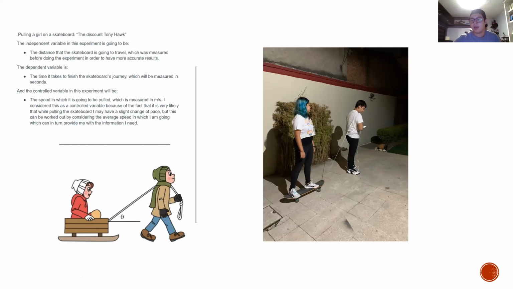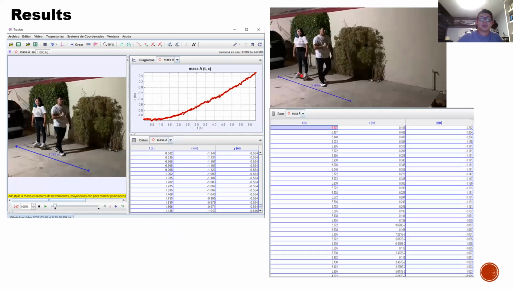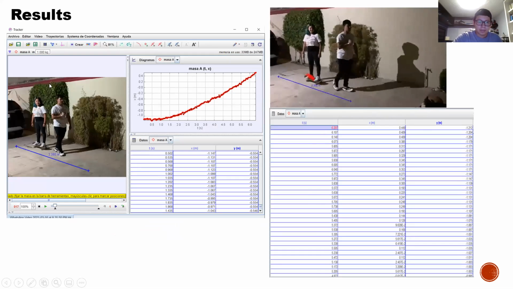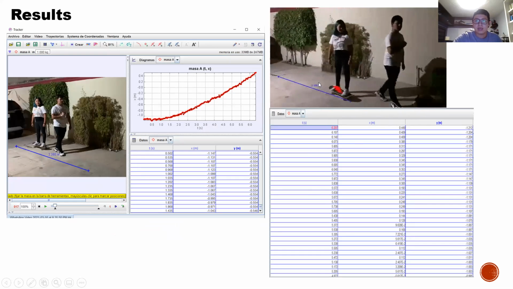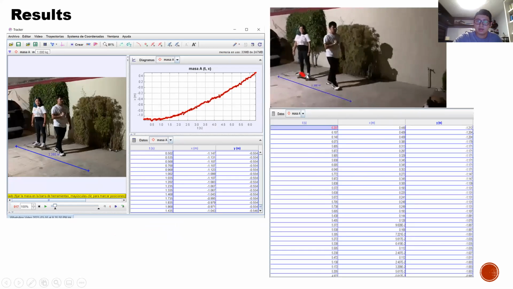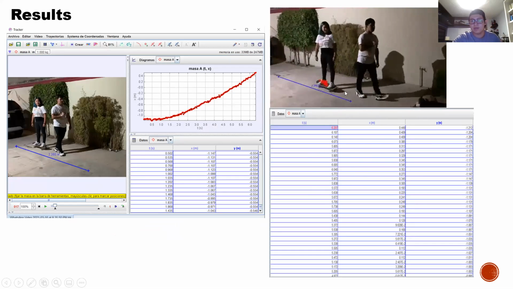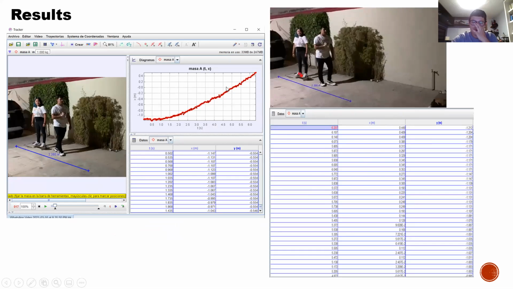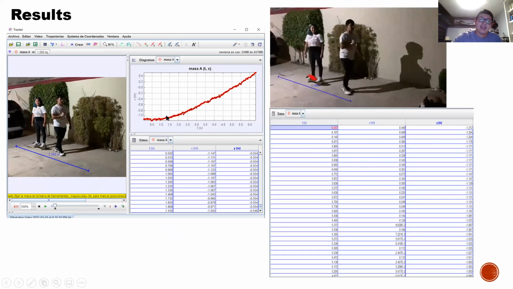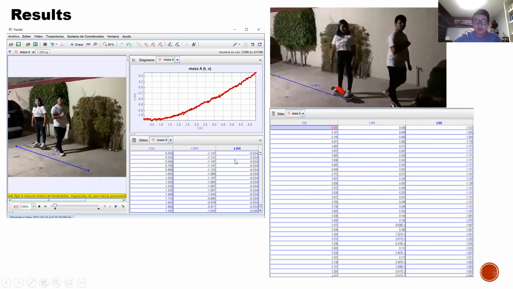Because I didn't have any kind of robot precision, of course there are some slight changes in the pace that I had, but by taking the average speed, I think that this can work, and I did that in this experiment. The result is this: I tracked the distance, and as we see, I tracked every little bit of movement so that my table could be as precise as possible. And as we see here, we have the data,